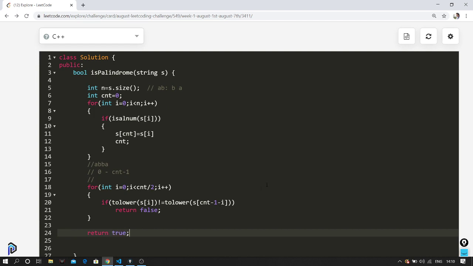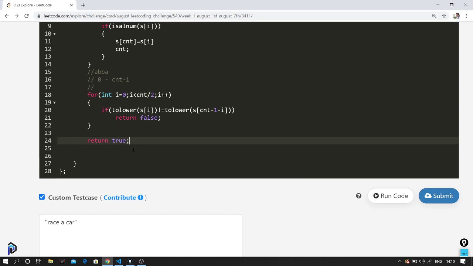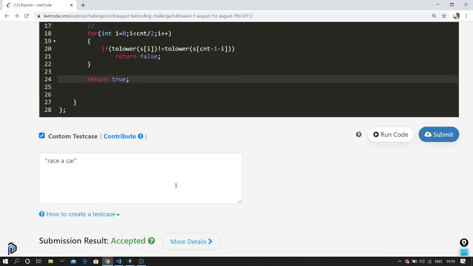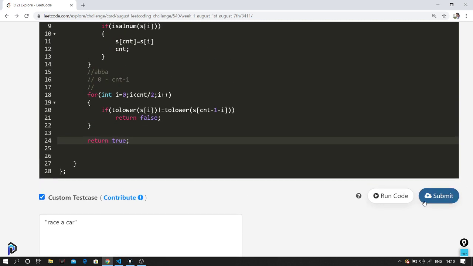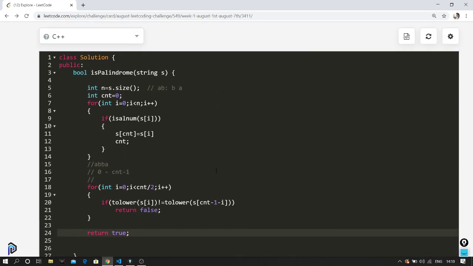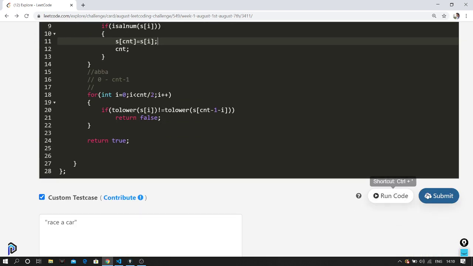Okay, to elaborate, first let's run it. I have missed the comma over here, the semicolon over here.